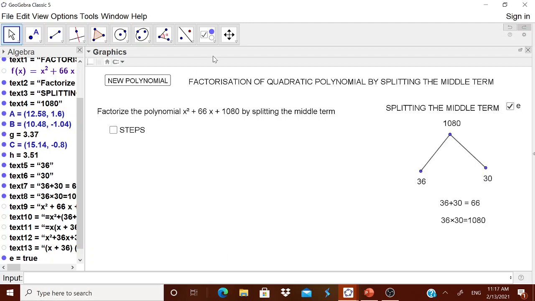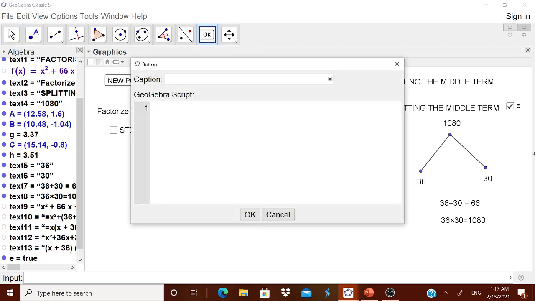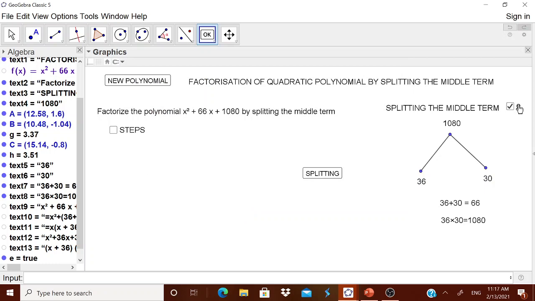Instead of having the checkbox, I think we can have an OK button also. I think that also we have discussed. The OK button is for splitting. For example, here I think that one is E. Therefore, here you write E is equal to true. Okay, then OK. You see, you can hide it also. If you hide it, you see, it's showing. You can show the object. You see, splitting, it comes. Okay, there won't be any problem.